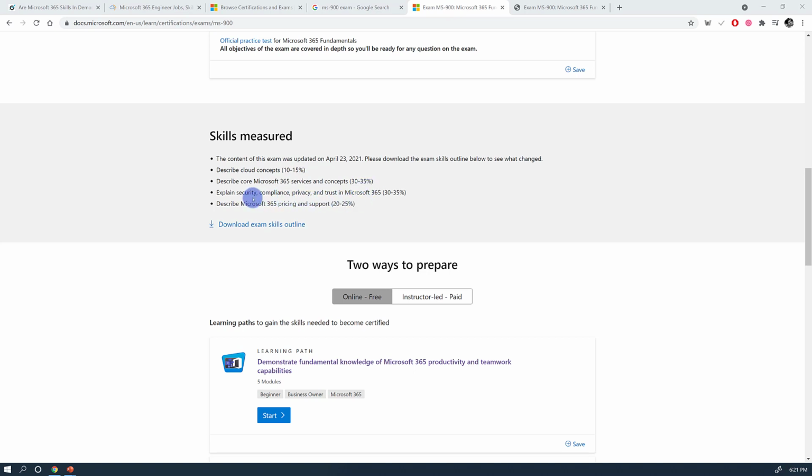And then we'll look at different securities and compliance and privacy and trust and all these sort of things from Microsoft 365 applications, and this is going to cover 30 to 35% of the syllabus. And in the last domain, we are going to look at the pricing and support for Microsoft 365. So there are different types of products and different types of subscription we have, and we are going to look